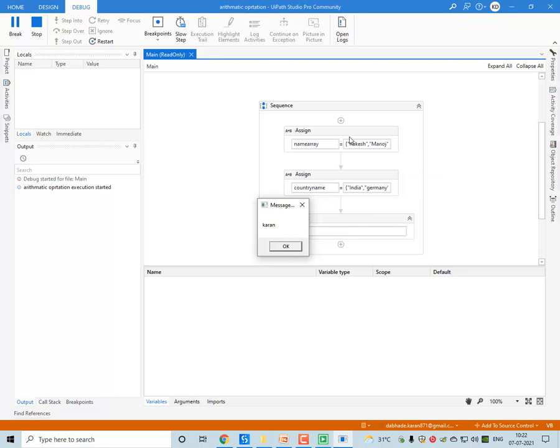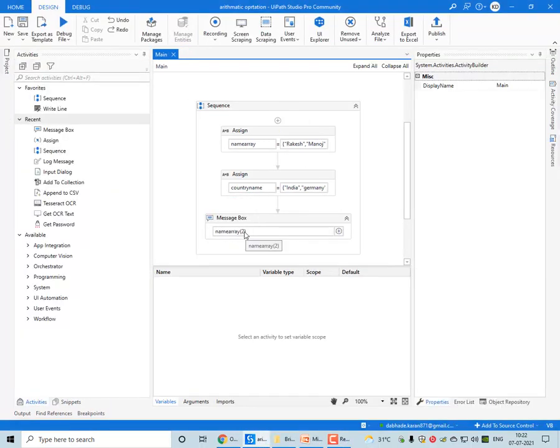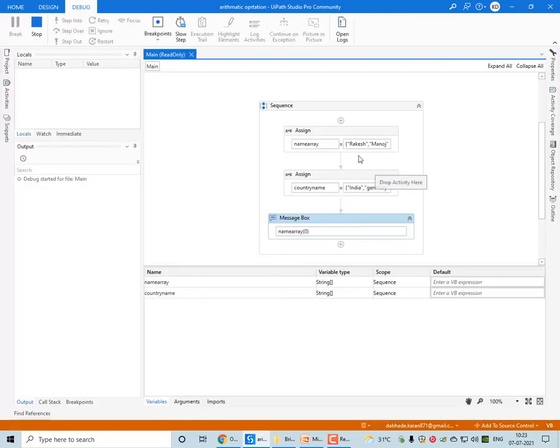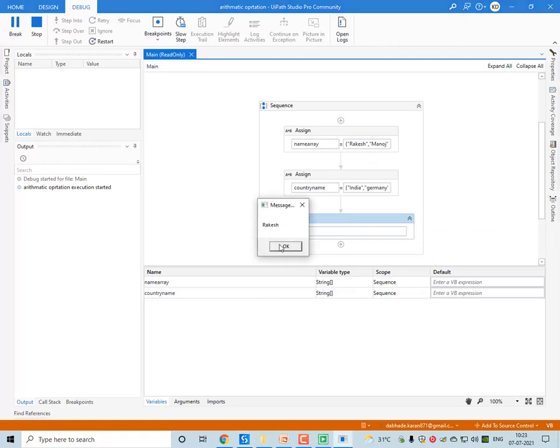See, Rakesh is at 0th position, Manoj is 1 and Karan is 2. So the initial position in an array as index is always 0. If there are 3 values, then it should be read as 0, 1, 2. Suppose I typed 0 here and then I run, then it will show the first value in the array, that is Rakesh.